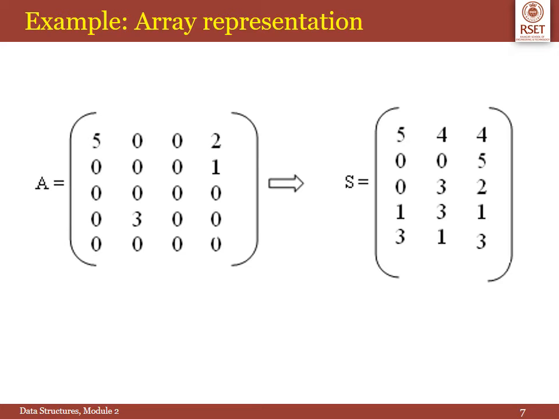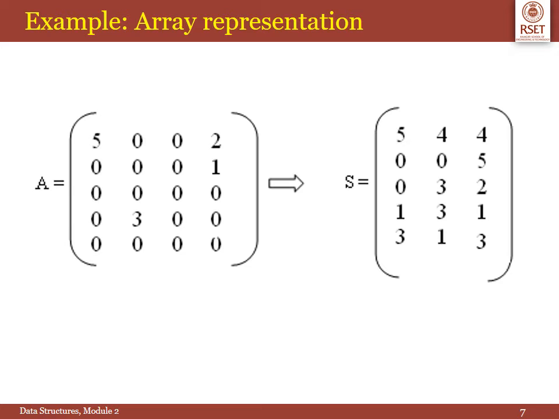Now in the right side, matrix S represents the sparse form of matrix A. Now the first row, that is the 0th row in matrix S, represents the index. So the first entry, the 0th column in the 0th row, represents the total number of rows in the original matrix, which is 5. And the first column in the 0th row represents the total number of columns in the original matrix, which is 4. And the second column in the 0th row represents the total number of non-zero elements in the original matrix, which is